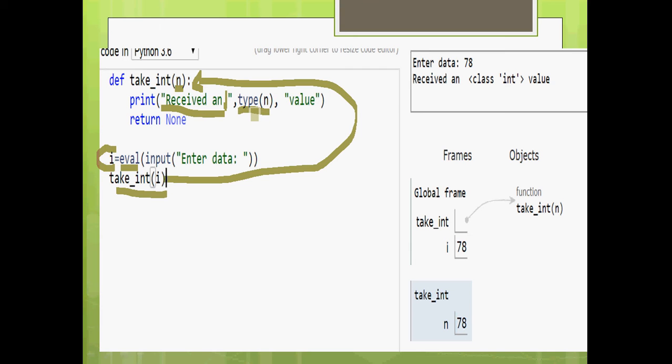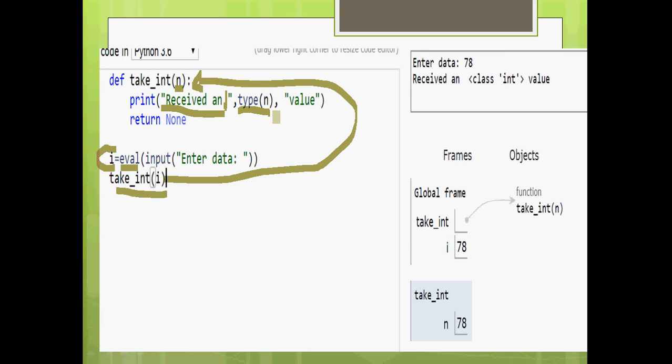This is another function. I hope you remember the function. It returns the type of the value received. It's a global built-in function. No need of importing any modules for using this function. It is in the general built-in library of Python.